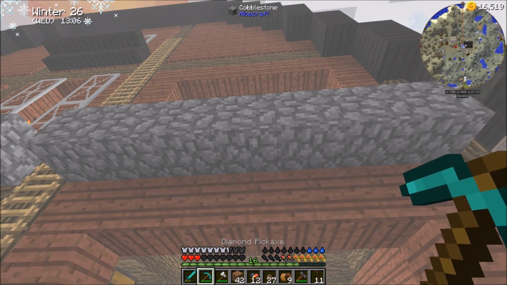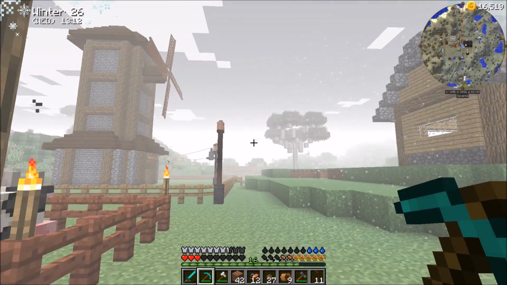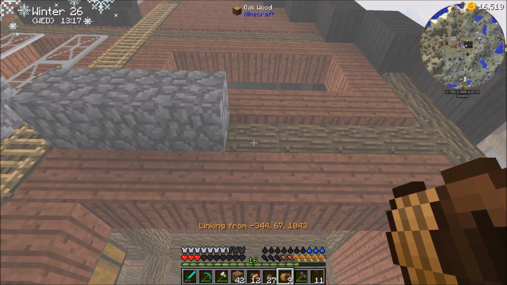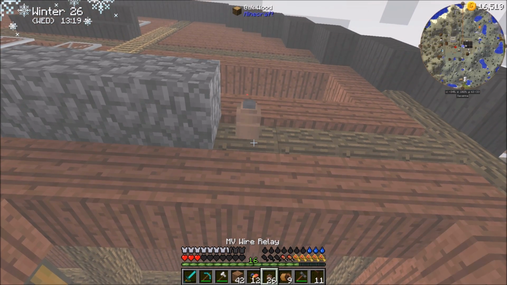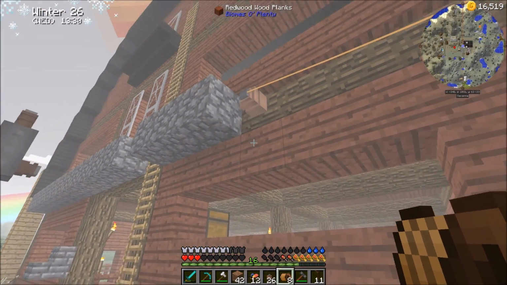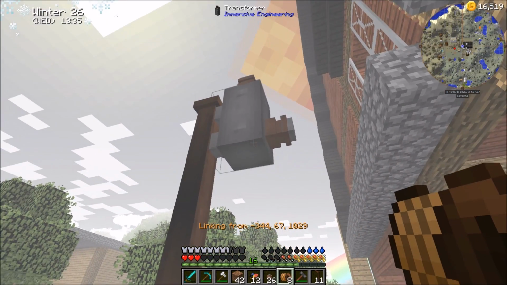And honestly, I'm thinking about having it right up in here along the side of the barn. And I think that would look okay. So it's going to stop linking right about there. We'll do our relay right here. And I think that would look fine. And then if we connected the relay then into...